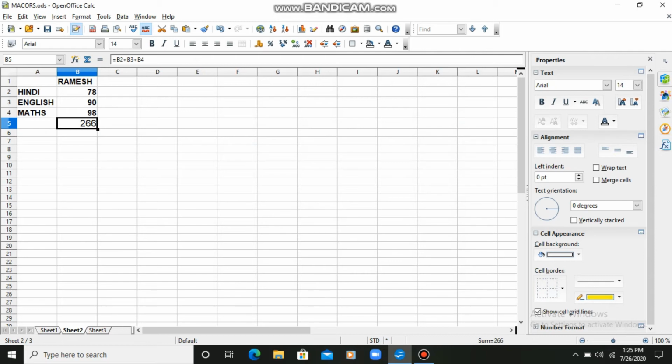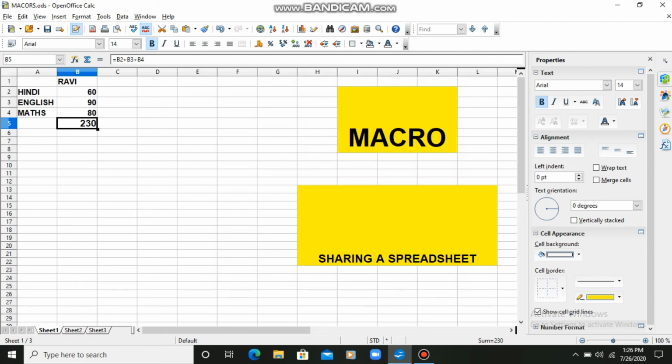So here what I meant to say, that I have recorded a formula. You can record your entire sheet, but with an example I have shown you that I have recorded a formula for finding out the sum for 3 subjects, and I called it on the second sheet. So for that I went to tools, macro, now run macro. A dialog box appears. Click on your file, go to module and run your macro. So you will be able to get your result, the output. So students, this way macro works. Macro is used to record our work.